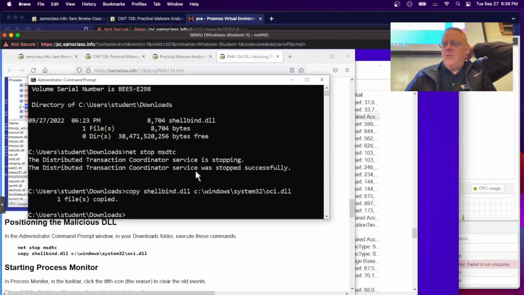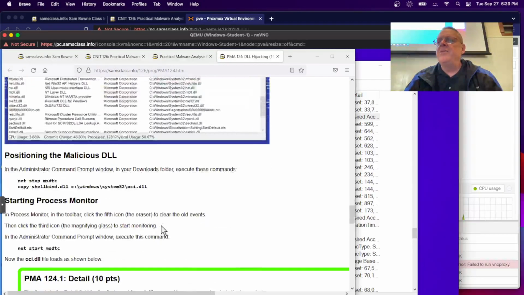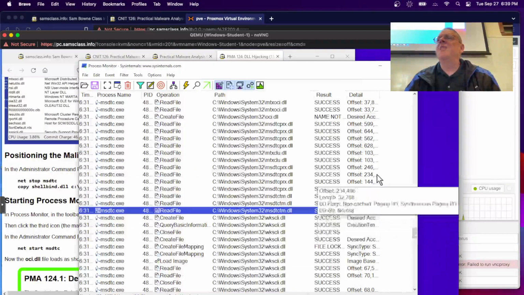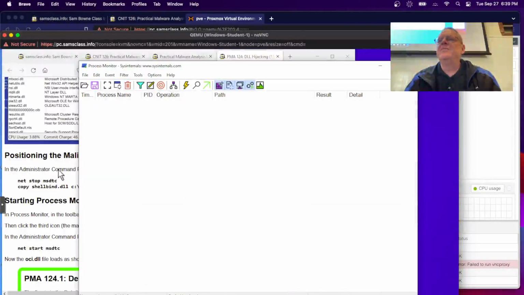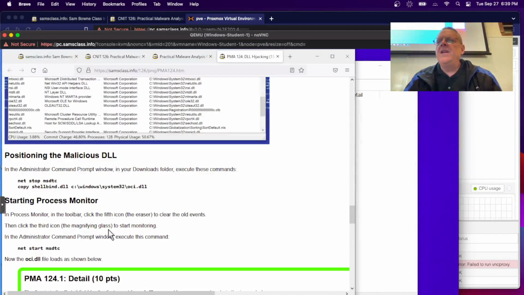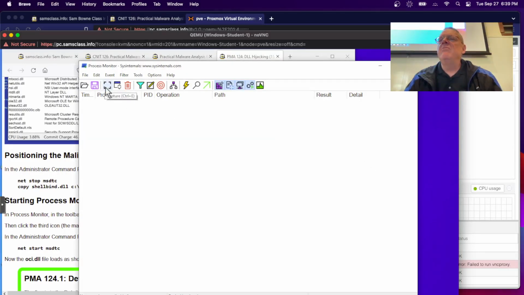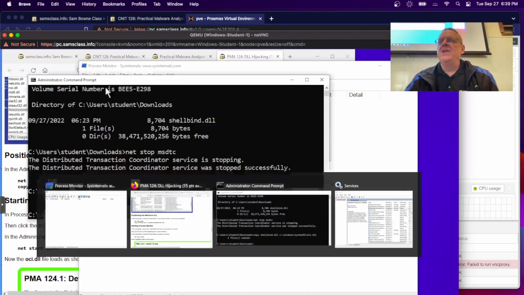All right, now we're going to start Process Monitor. I think we might already have it going. Oh, that's what this is, right? Process Monitor? Yeah, good. So we're going to clear the old events and start monitoring, and then restart the process. So we start sniffing and restart the process in the command prompt: net start